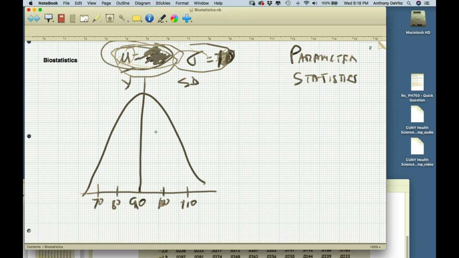So now let's say I take a sample from this population. If I were to randomly sample a person from this population, they could have a value between, say, 65 and 120, right? Maybe 60 and 120. But more likely it's going to have something closer to 90. So if I take a bunch of samples from here, when I take the average for that sample and calculate X bar, that sample is going to be an estimation of what mu is, right?